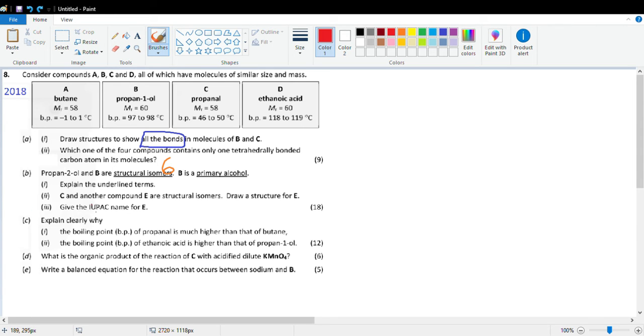Part 2, C and another compound E are structural isomers. Draw a structure for E. So there are loads of examples of this, so you could have several different answers here. The main one that I would suggest is that C is propanal. So an aldehyde, we know they were partnered up in the video with ketones. If we always think that with an aldehyde, there's always going to be a structural isomer that's a ketone. So my propanal, the formula, as I drew it out earlier on, is C3H6